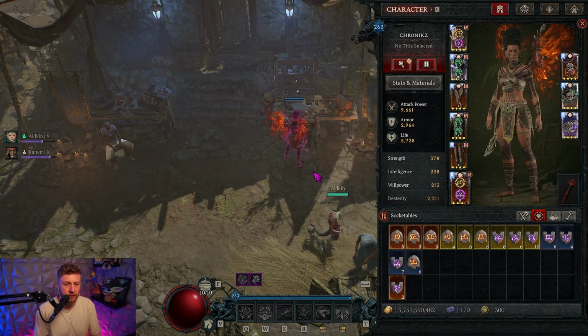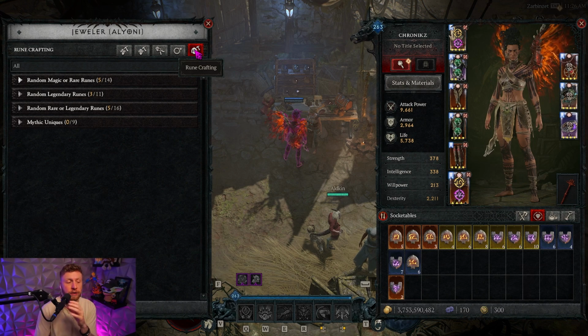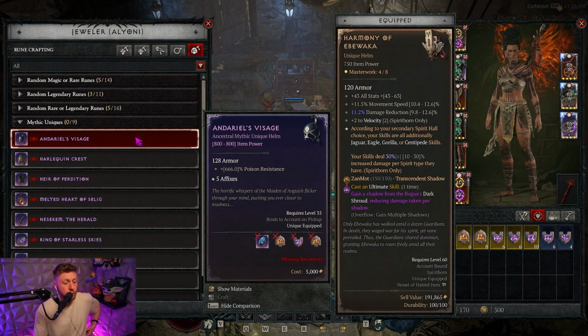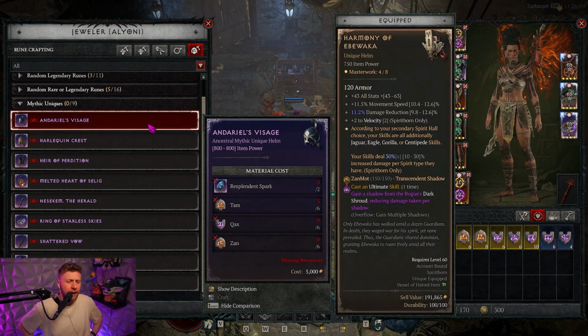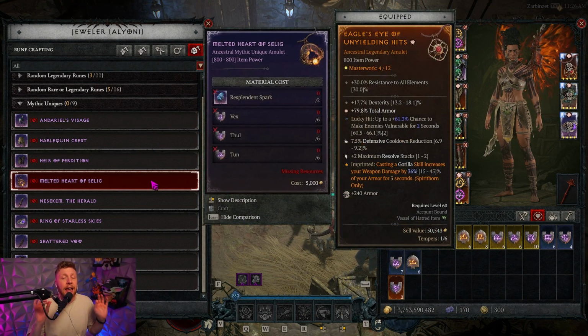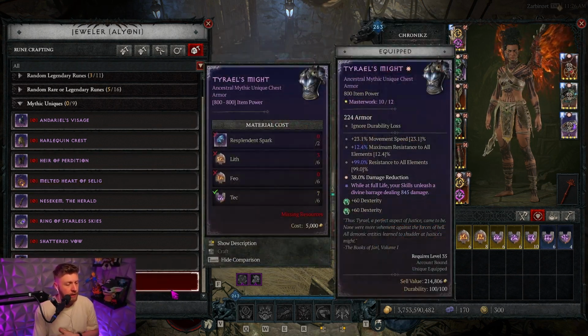Now, the cool thing about these is that you can craft them at the jeweler here with the Rune Crafting system. You can actually use your runes to craft mythic uniques directly, and you will see that the material costs are quite okay. You need 2 resplendent sparks per craft of these, and then you need a very specific combination of runes to make a mythic unique. For example, if you want to craft a Tyrael Smite, you need 2 resplendent sparks, you need 6 lith runes, 6 Feo runes, and 6 tech runes to be able to craft a Tyrael Smite directly, which is going to